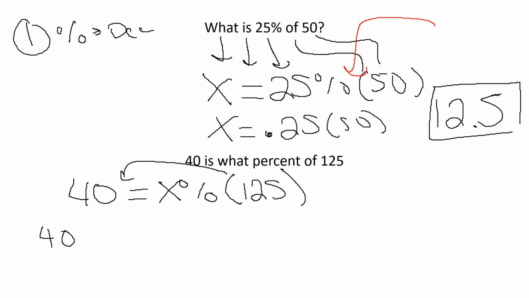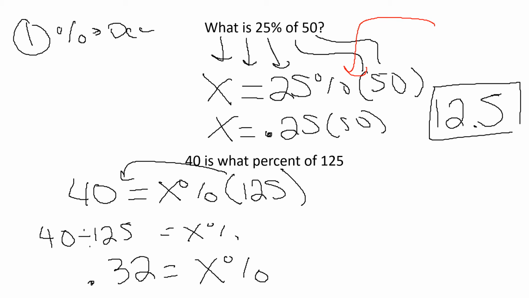Now in this case, I have been telling you over and over not to give me a decimal. For these, you need a decimal. Okay, normally we do not, but for these we need a decimal. And I wrote this wrong. This is not times. It is divided by, because it was multiplication on the right side. When I move it over, it becomes division. 40 divided by 125 is 0.32 equals x